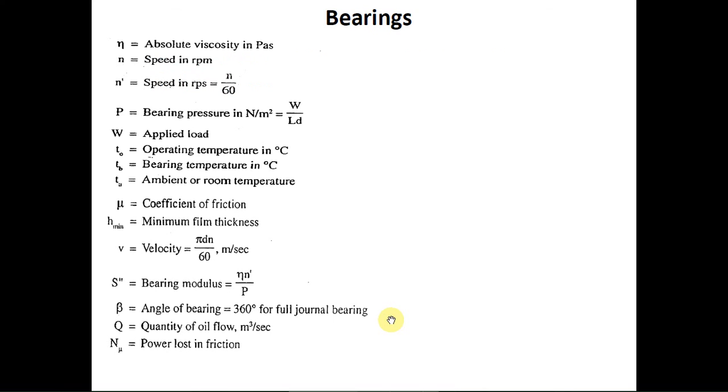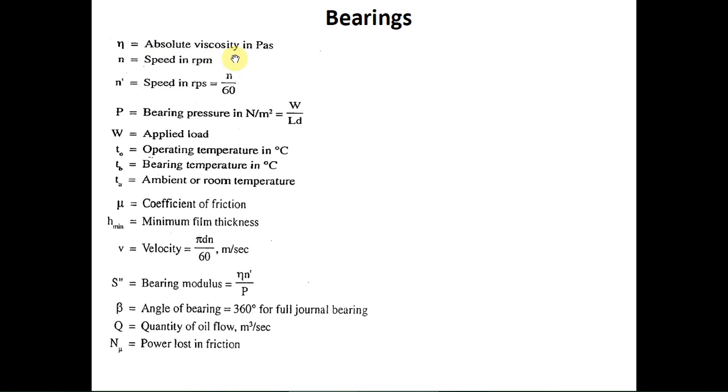These are all the important annotations, the same as those used in the Lingaiya design data book. Whatever the book annotations are, the same are used here. You can go through these also. I'll just read one or two here.